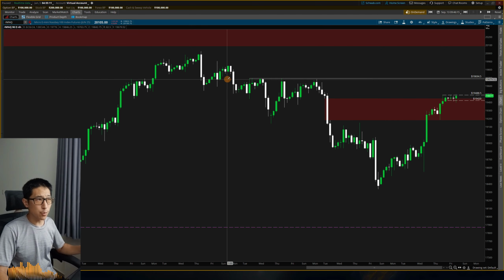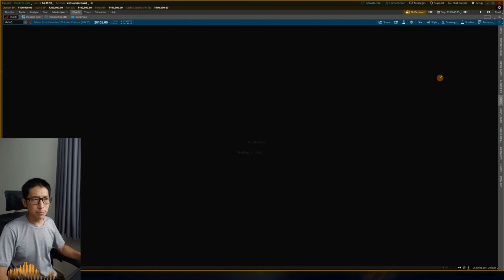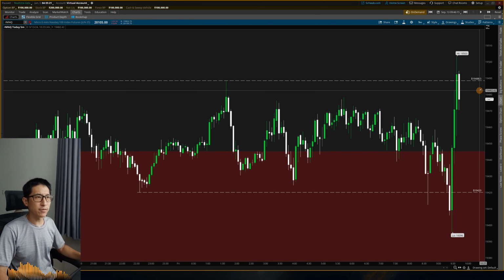And now I'm seeing that we do have relative equal highs. We're consolidating at the high of the fair value gap. So if anything today, I want to be bullish. I want to aim for those relative equal highs, but I'm going to have to see a lot clearer price action than this. It has been very choppy pre-market.